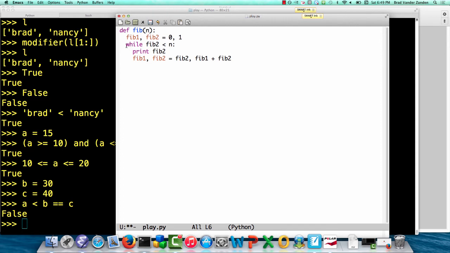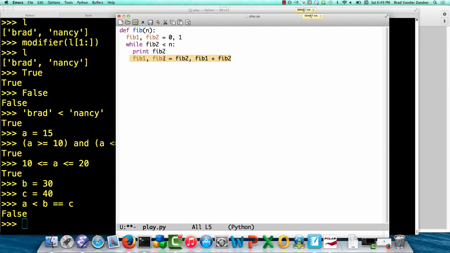So first of all, I have a while loop. The while loop is a lot like it is in C or C++, except we have a colon after it. The print statement is what we use to print things. And here we have a cute multiple assignment where we are assigning fib2 to fib1, and we're assigning fib1 plus fib2